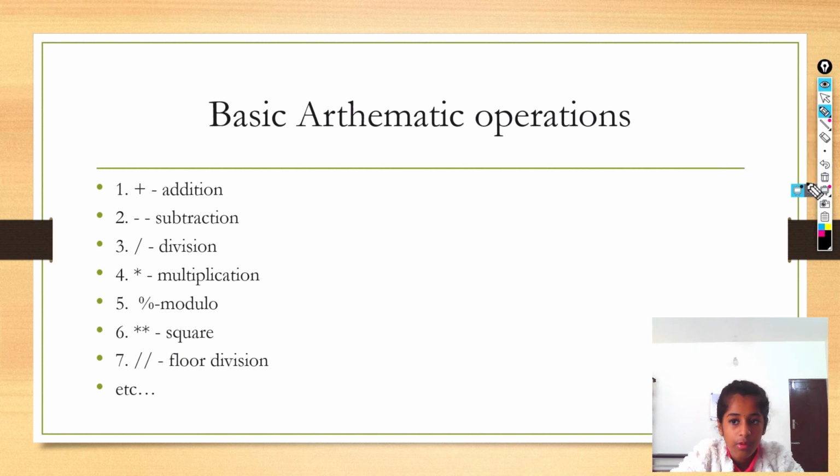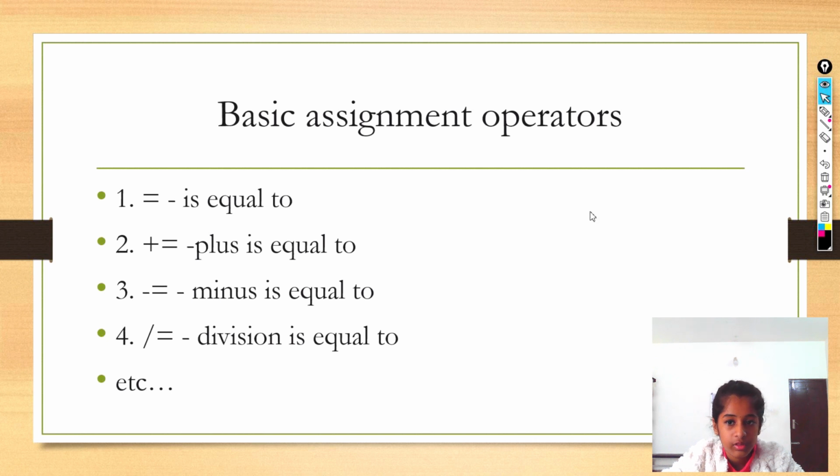Let's move forward. Now let's know the basic assignment operators. What is the meaning of assignment? Here, assignment means equal to, or when you say plus is equal to, all these things. But when do you use plus is equal to? Suppose a is a variable, and let's just keep it as 6. You want to do a is equal to a plus 1, so that means a is equal to 6 plus 1. So when you want to do that, you're going to say a is equal to a plus 1.